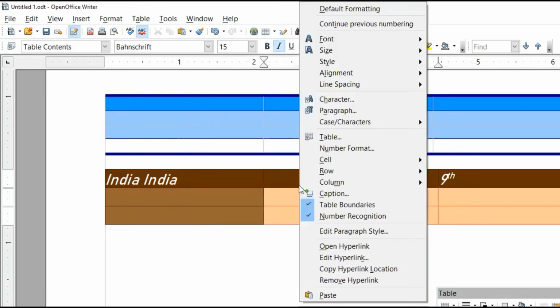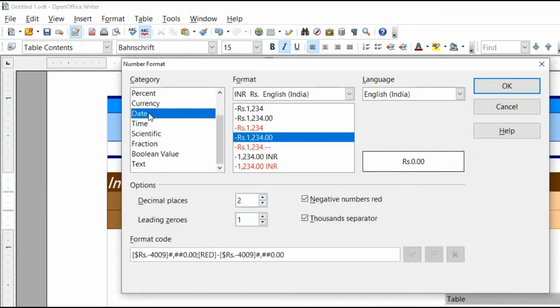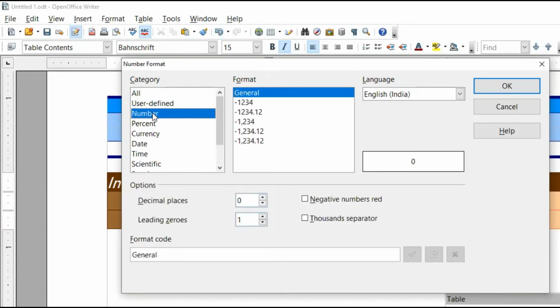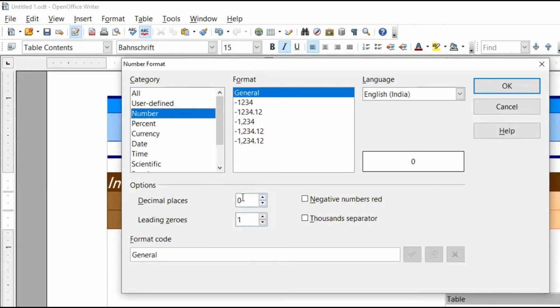This is number format, different number formats for percent, currency, date and time. Okay, this is user defined. This is number, percent, currency, etc. Number of decimal places also you can specify here. If you want to use only whole numbers, then 0.